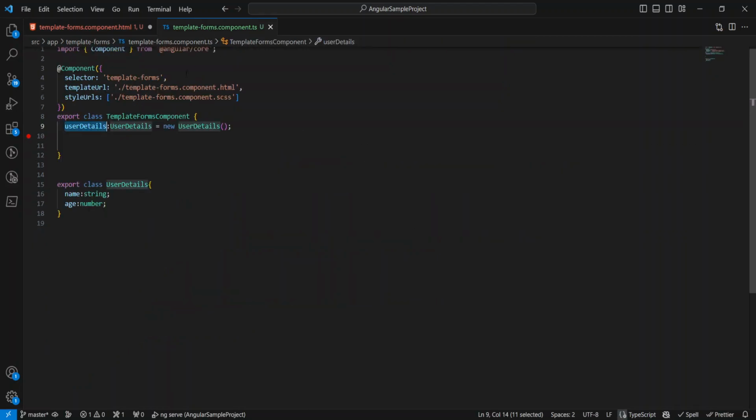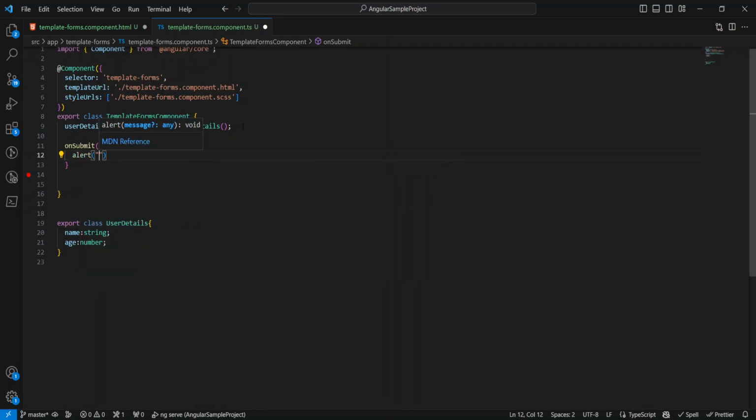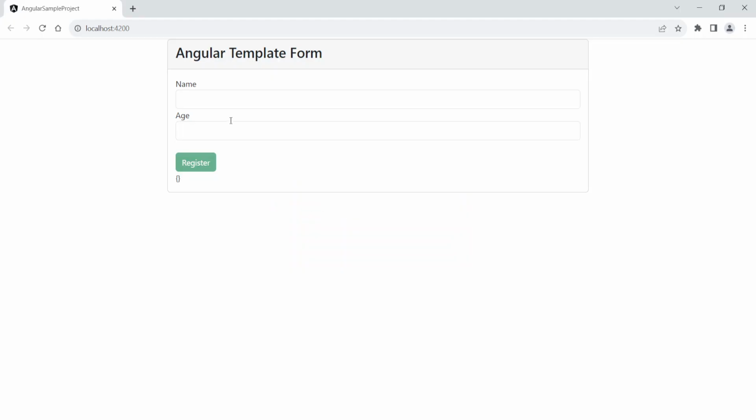that we need to initialize within the class, and in this function we show an alert message that form submitted successfully. Now when we go to the browser, firstly we do not insert any value to these two controls, so our button is disabled because our form is invalid. Now when we put some value